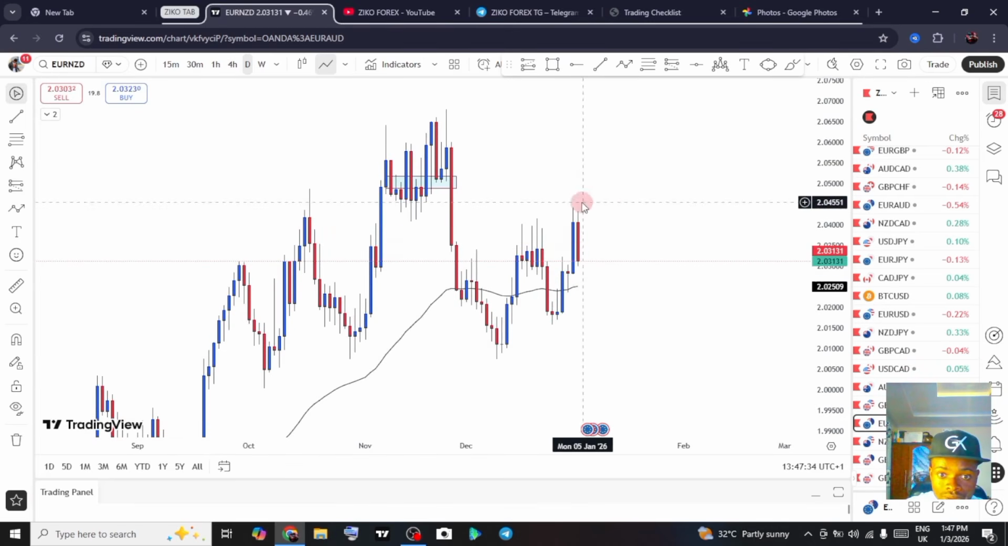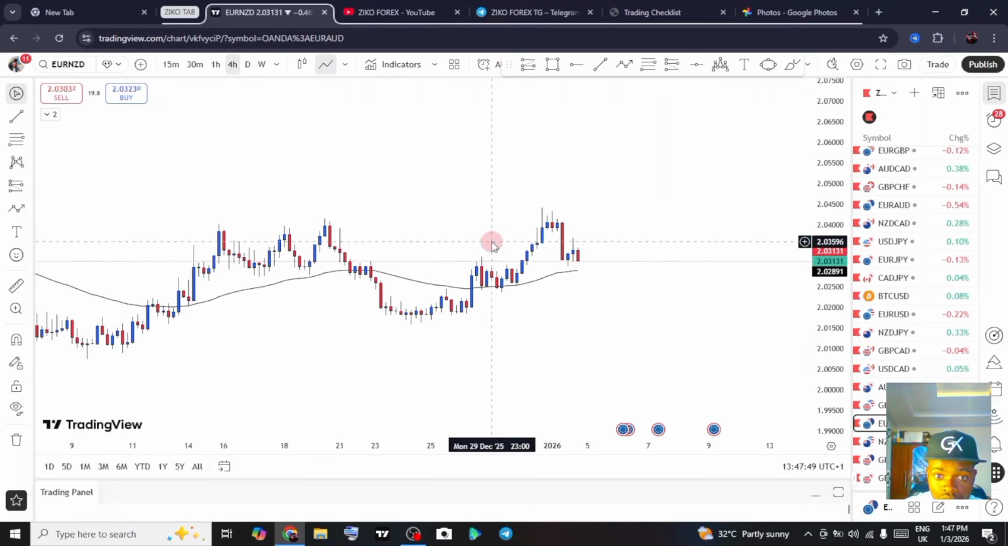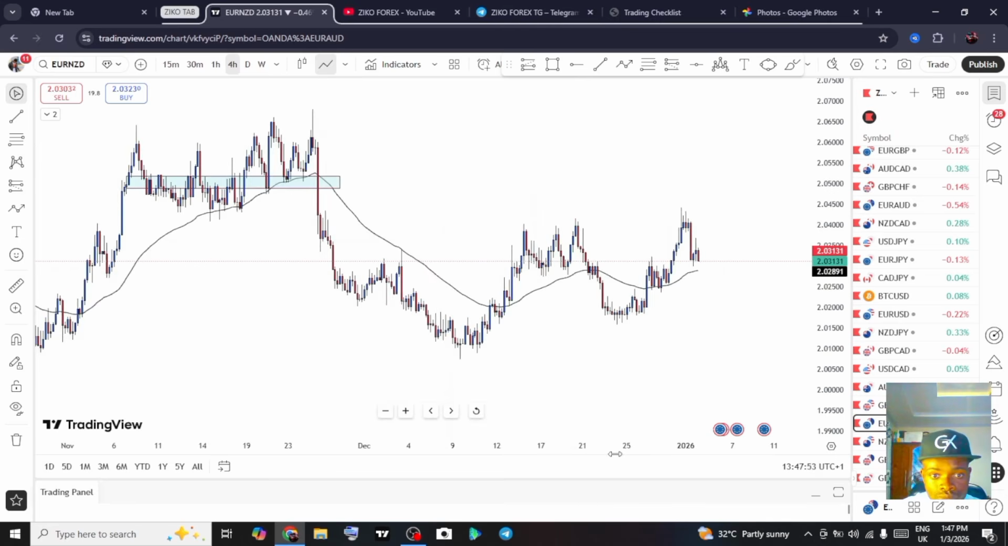Euro NZD daily is currently bullish. Weekly is doing what? It's actually currently bullish because of this price action right here, right? So we have 2 time frames that are bullish right now, and then the 4 hour is also bullish,